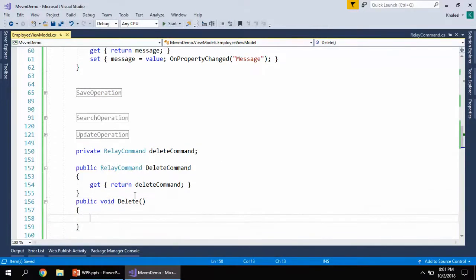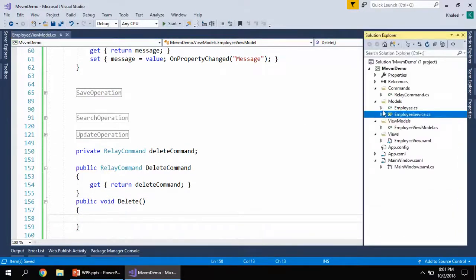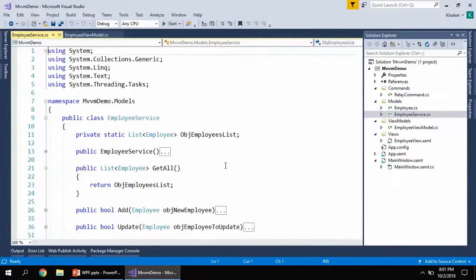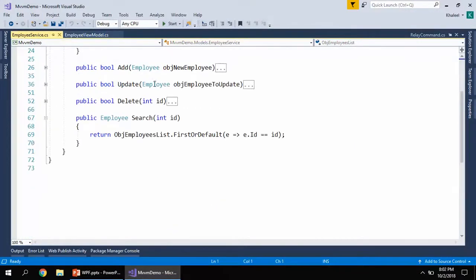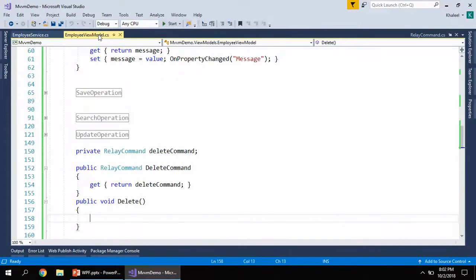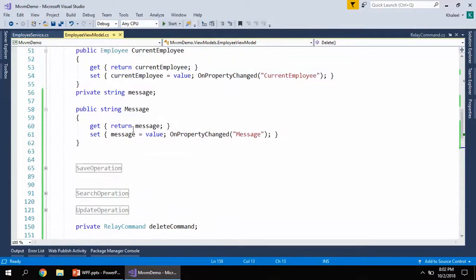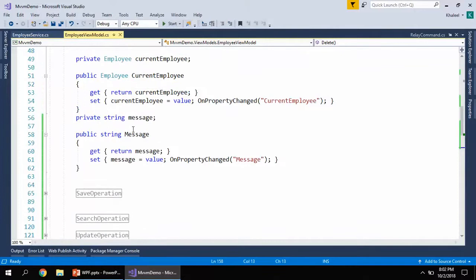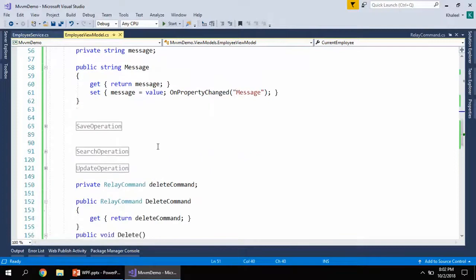Delete method is going to call our service, and in our service, the delete method accepts just the ID. So we need to get the ID which is written in the ID text box, and our ID text box is bound with the ID property of current employee. So again, with the help of current employee, you will take the ID.